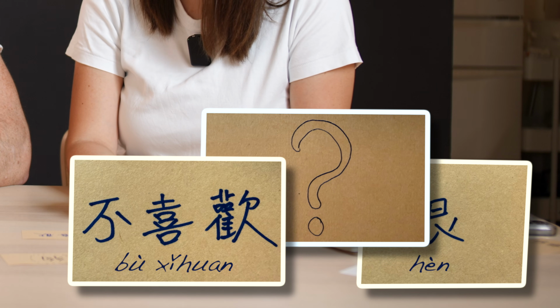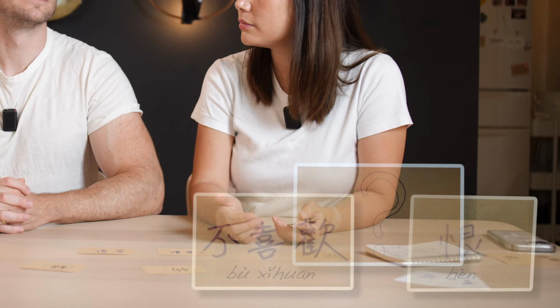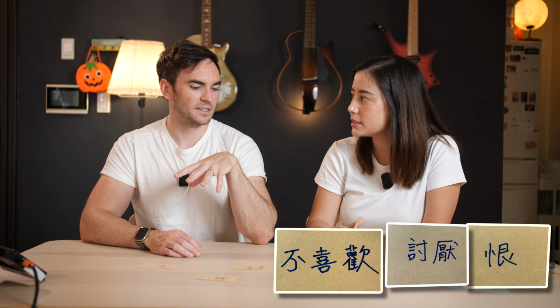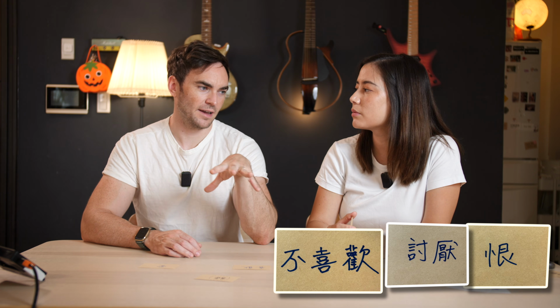Let's go for something a bit in between the dislike and hate. Do you know how you would express a strong dislike of something? Give me a hint. What does it start with? 讨. 讨厌. That's correct. 我讨厌猫, right? So I would say that kind of slots in between 不喜欢 and 恨. It's much worse than 不喜欢, which is just I dislike, whereas this is I really don't like.